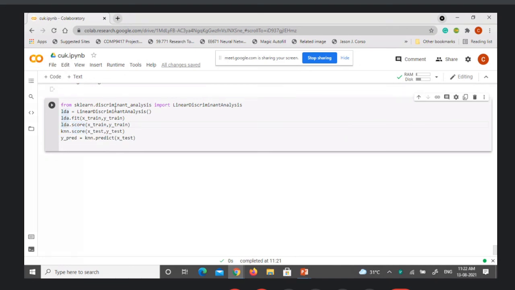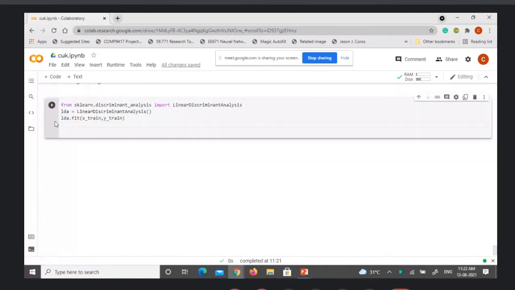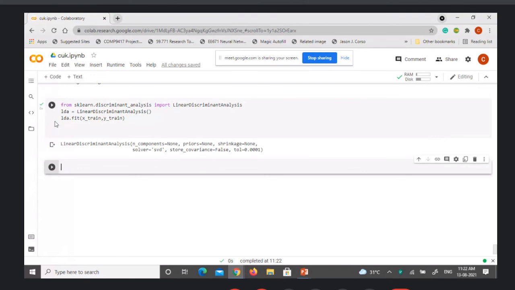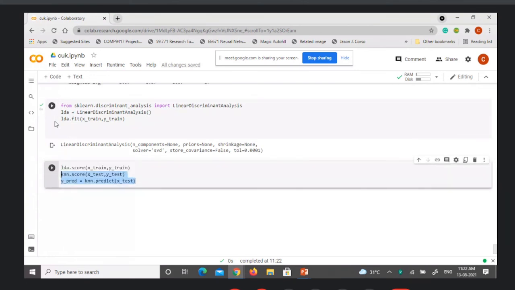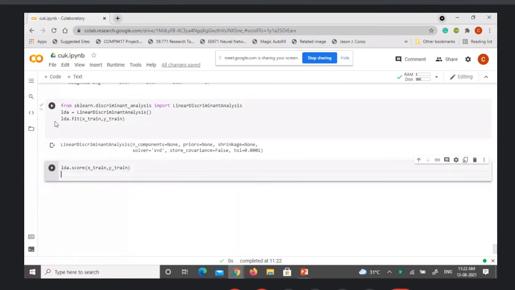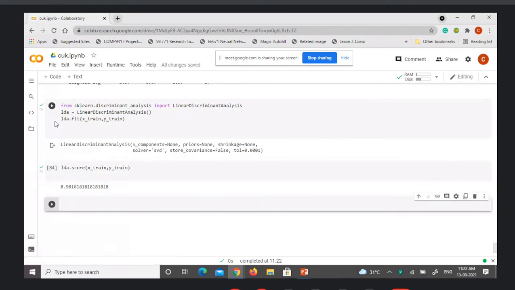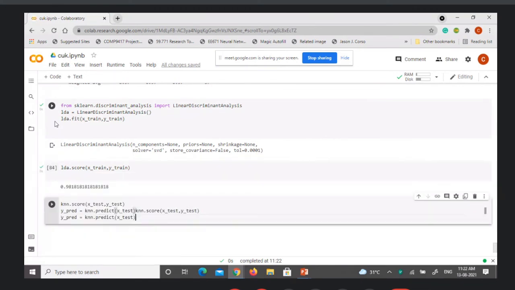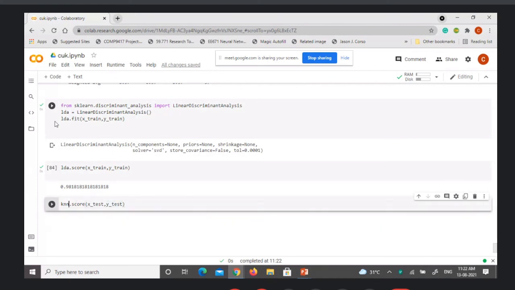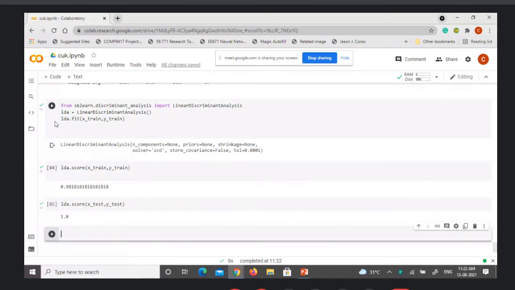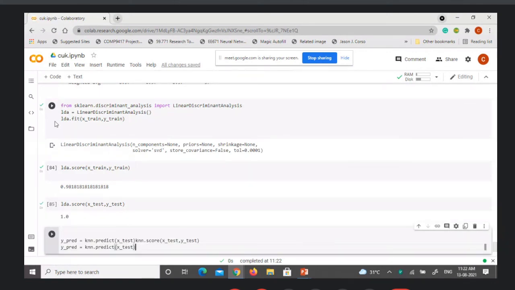These values are overlapping, okay, we'll separate these things. And now we'll print the score on the training samples, 98%, and we will print the score on test samples. 100% on test samples looks amazing.